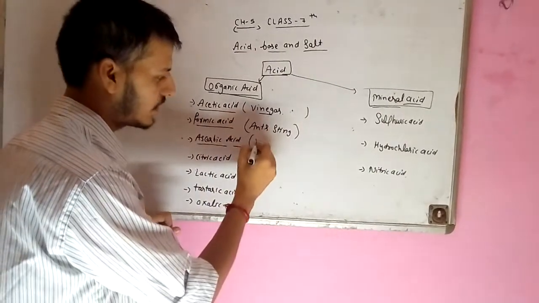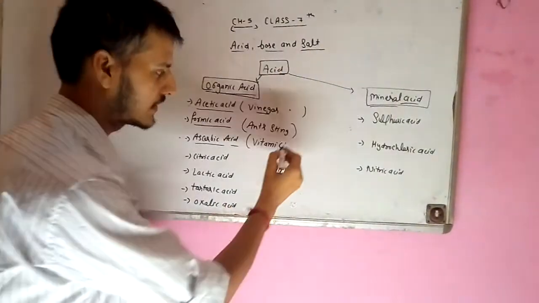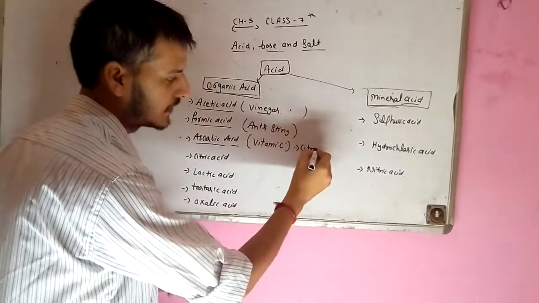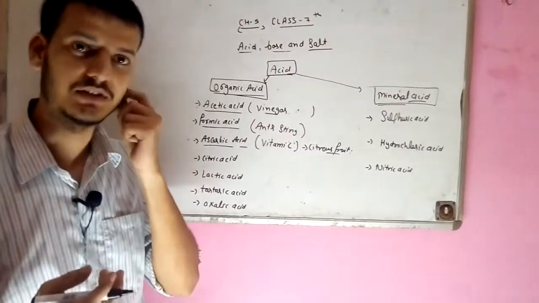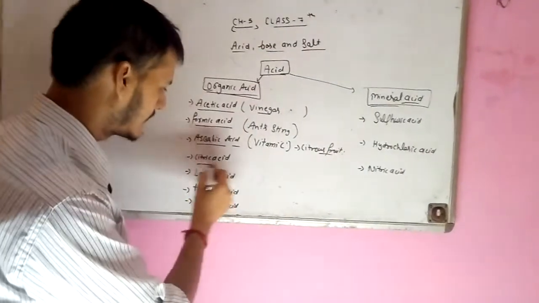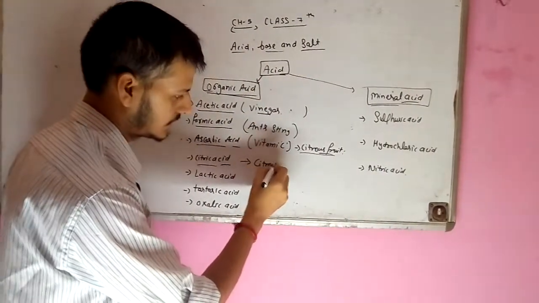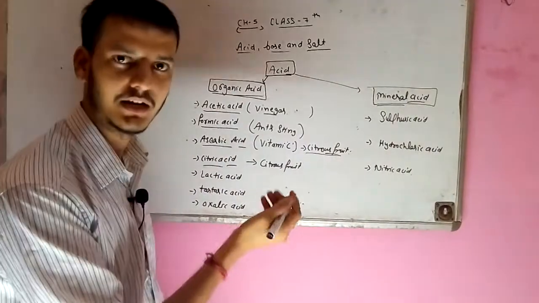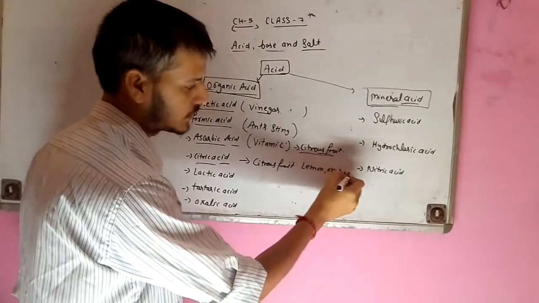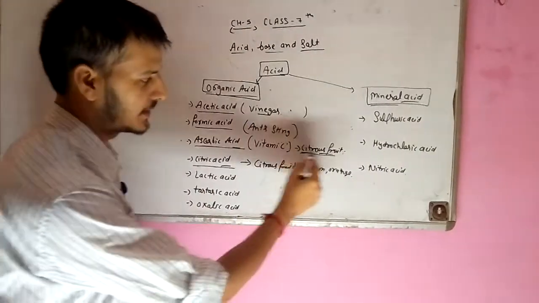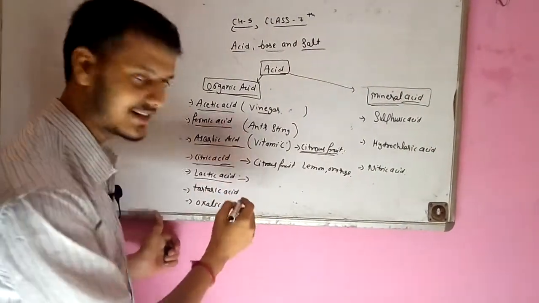Ascorbic acid is also known as vitamin C, and vitamin C is present in citrus fruits. Citrus fruits are those fruits which are sour in taste, like lemon and orange. Citric acid is also present in citrus fruits. So both ascorbic acid and citric acid are present in citrus fruits, but the nature of both is different. Lactic acid is generally present in curd,